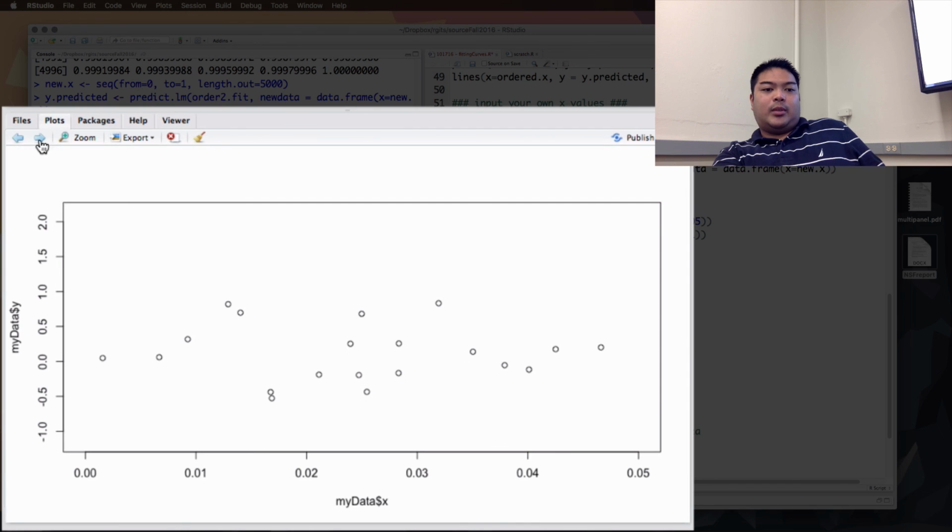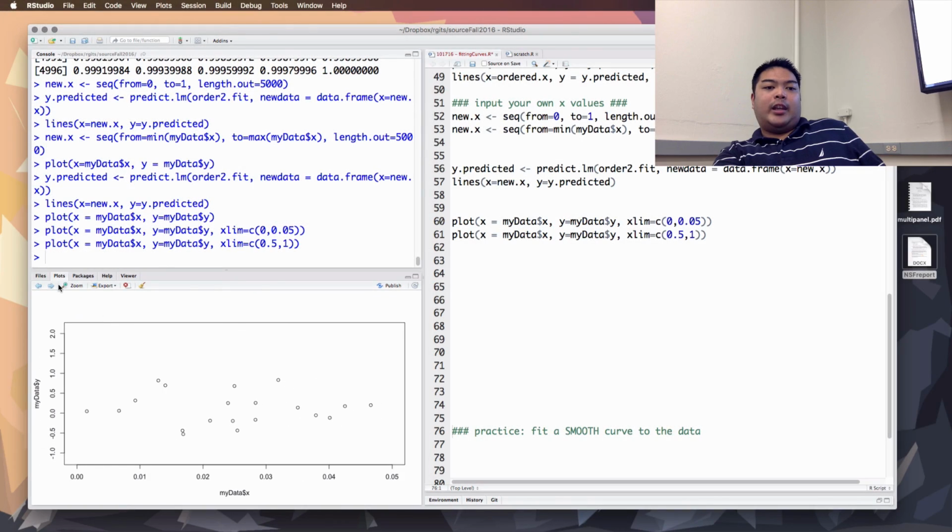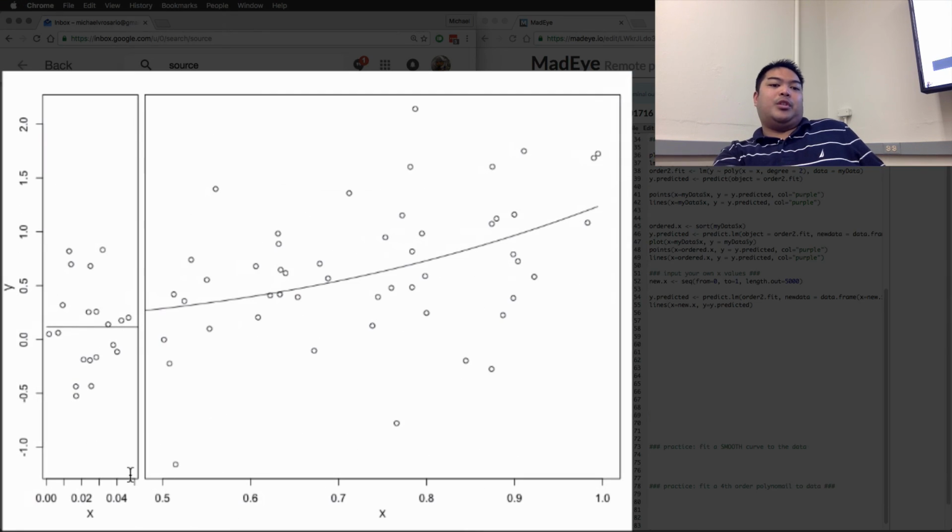And so what we'll do is we'll learn how to put two plots into one plot, and be able to scale it so that one is shorter than the other. But at least getting the dots up and getting the curve that's